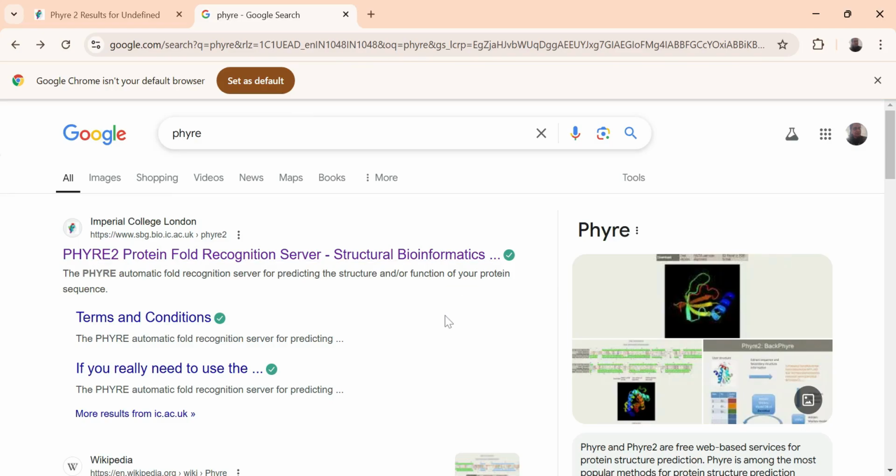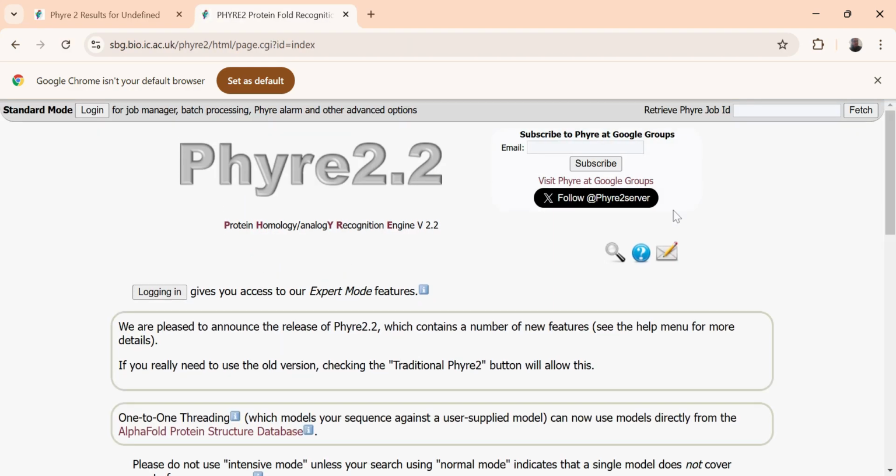Hi everyone. Today we will see how we can model the protein structure by using a Phyre server. By the name itself, we won't get the spelling of this. Actually, the spelling is different. This is Phyre. Once you type in Google Phyre, it will give you the page where you can see the homepage